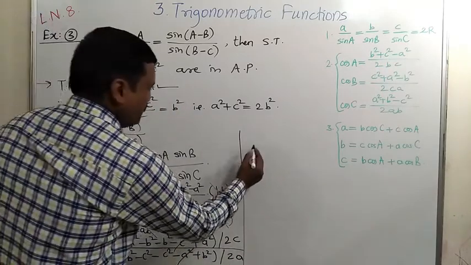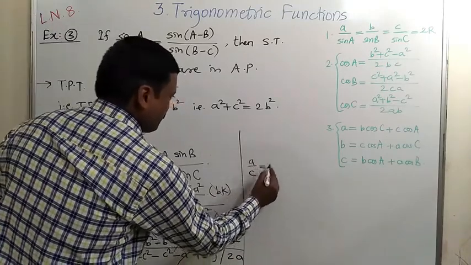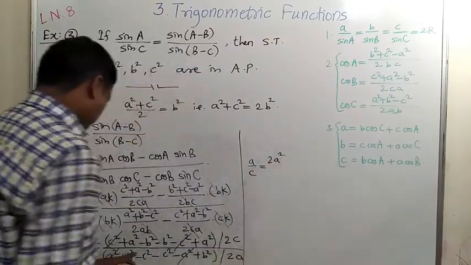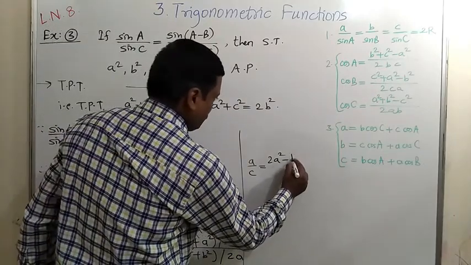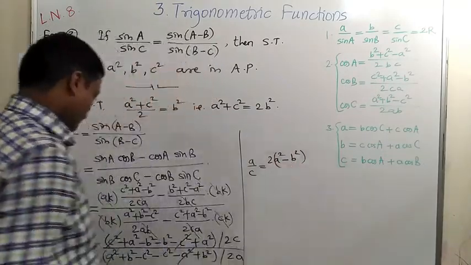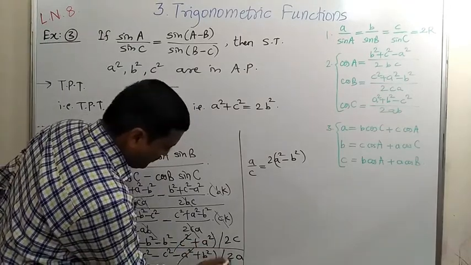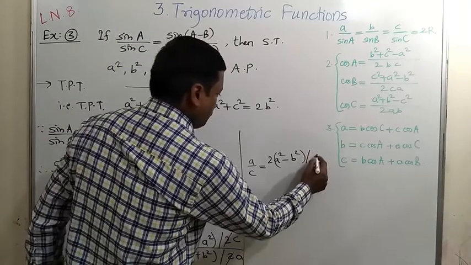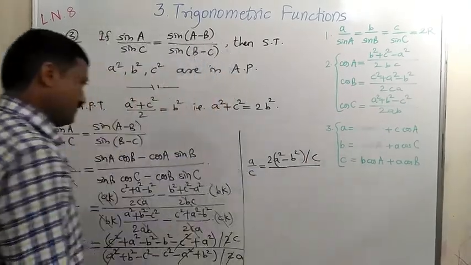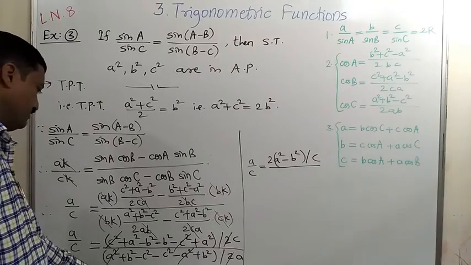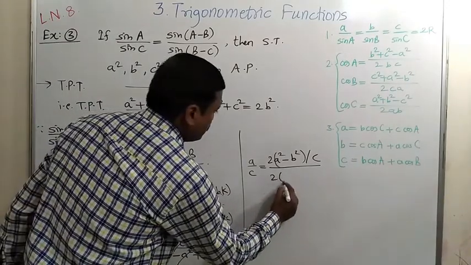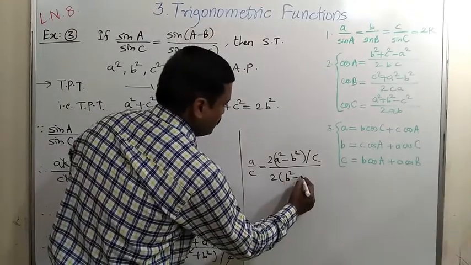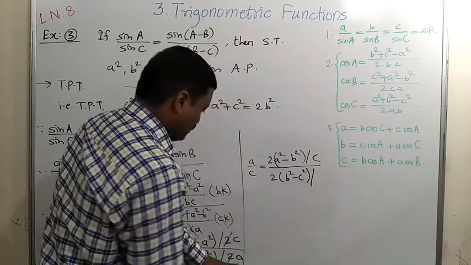So we get A upon C is equal to A square twice A square minus B square twice B square, and whole divided by these two get cancelled, which are both at denominators of numerator and denominator. So divided by C. At the denominator, B square is twice B square. Is minus C square is minus twice C square, taking two common, whole divided by only E.